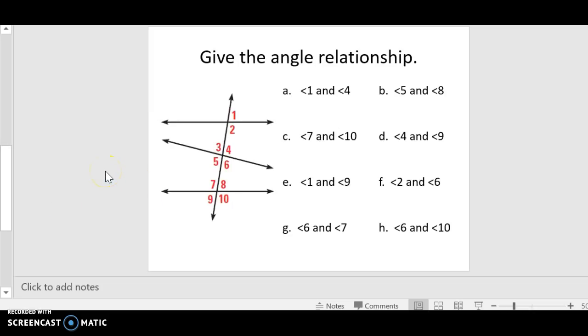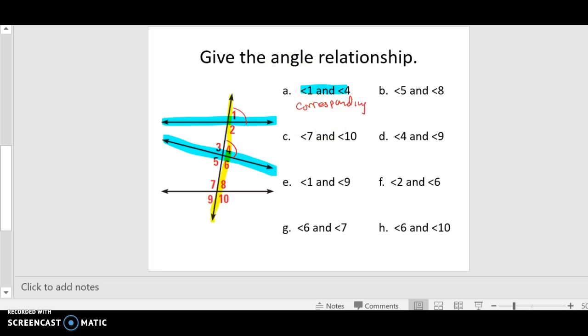All right, let's take a look at this. Anytime we have this type, the one thing you need to know is you can only use 2 lines and a transversal. So obviously there's only one transversal in this whole diagram, and that's that highlighted yellow line. And when I look at 1 and 4, I'm going to use this line and this line. If I look, 1 and 4 are on the same side of the transversal, this is exterior, this is interior, therefore those are corresponding